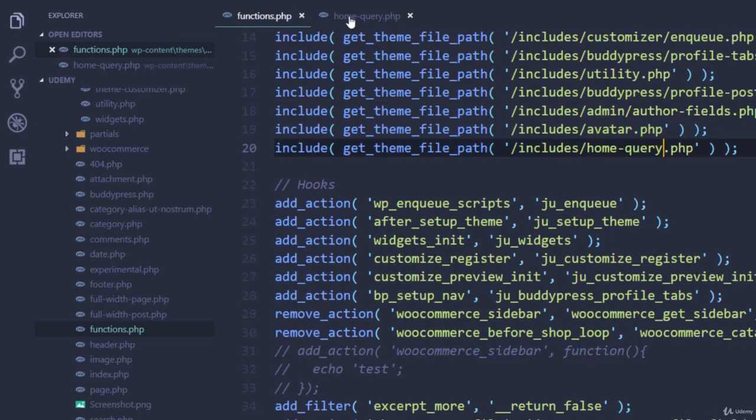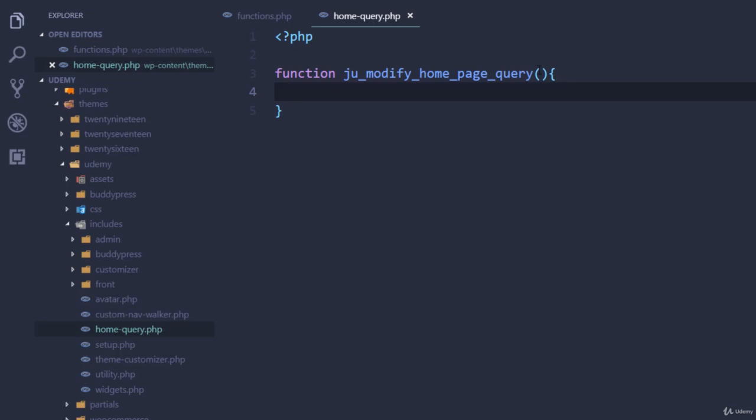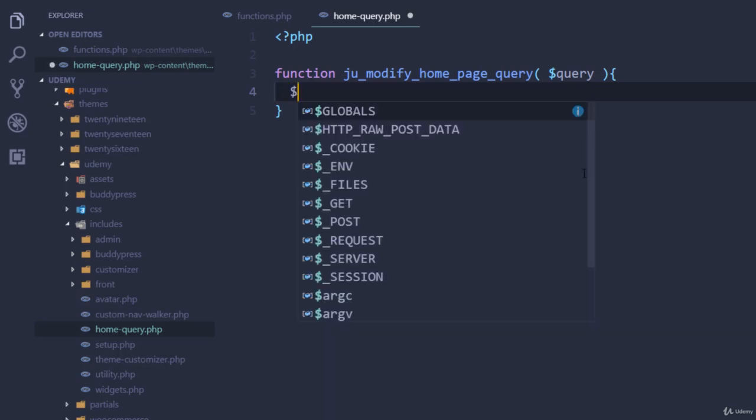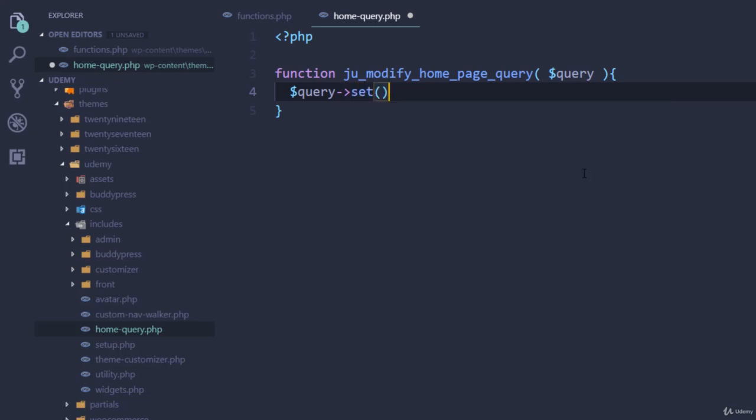This hook will be called when the main query is created, but it will not be executed at this point. Since it's not being executed, we have the opportunity to modify it as we please. This function will be passed in an object called query. Whenever we worked with the WP_Query class, we always created a new instance. However, at this point, we already have an instance. To modify a query after it's created, we have to use a method called set, but we'll get to that